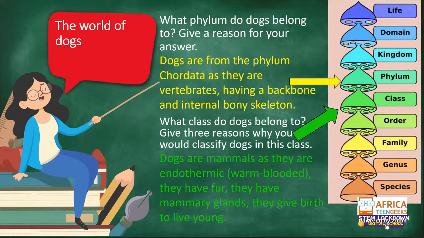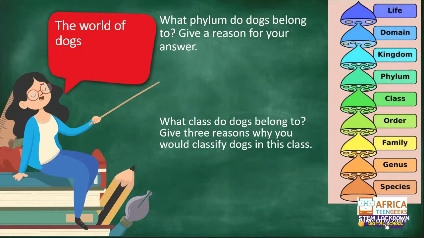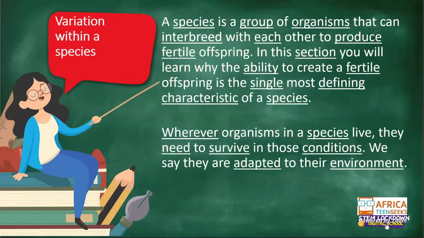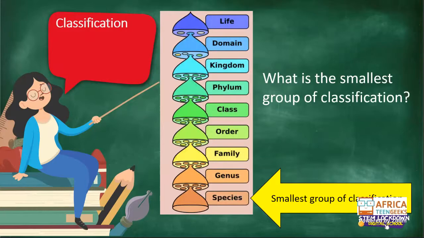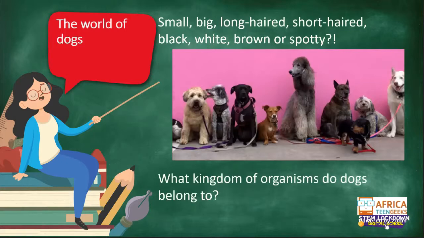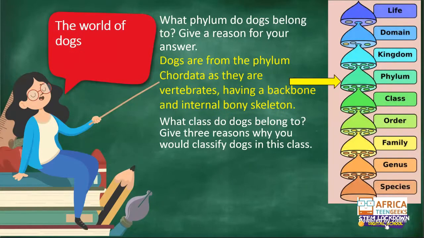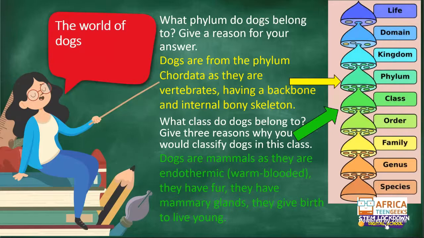Okay, so I just want to go back a couple so that you can see. There we have kingdom at the top, then phylum, then class. Each time we are grouping and classifying things in smaller groups. So we're going from the kingdom, which is animals, right at the top, to the phylum, which is Chordata, and then to class.